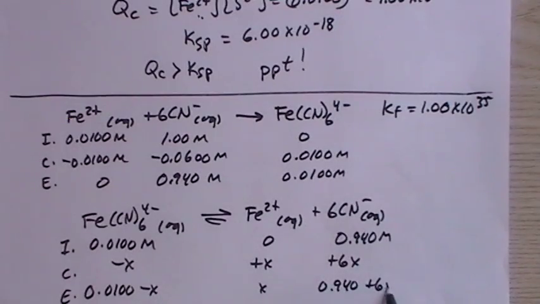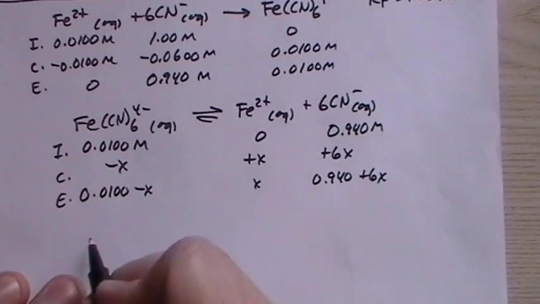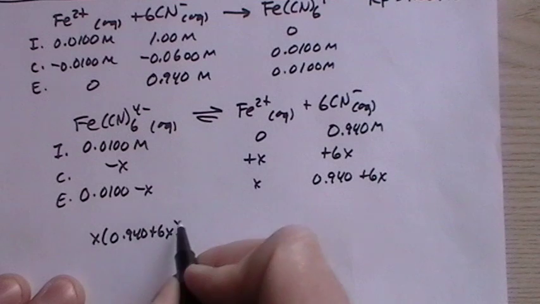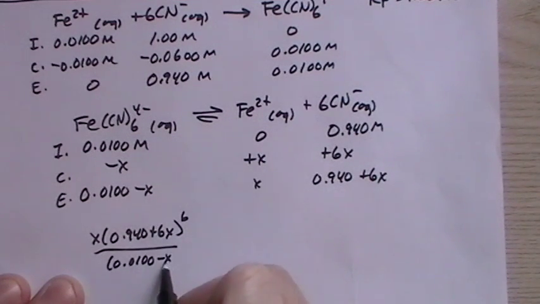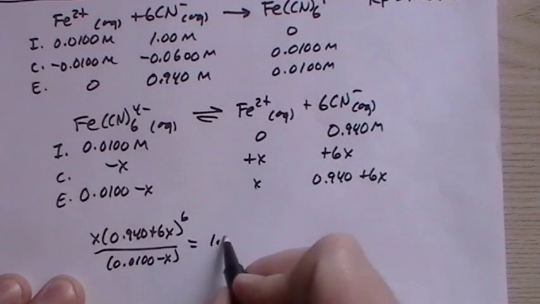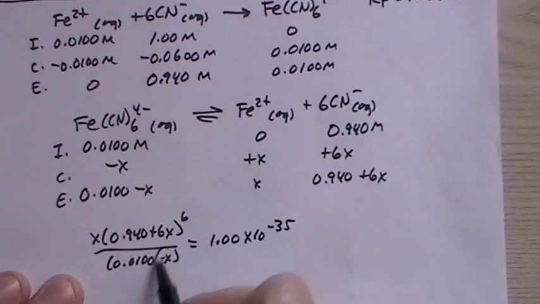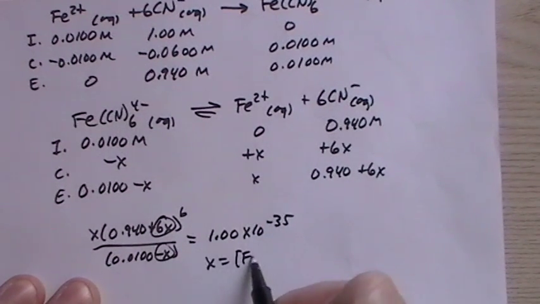And there are other approximation numerical methods you can use, but that's probably the fastest for us. Well, the fastest is to do it this way, actually. The math is there, and you can always do it either way. But this is definitely easier because now the approximation holds, and your concentration of iron 2